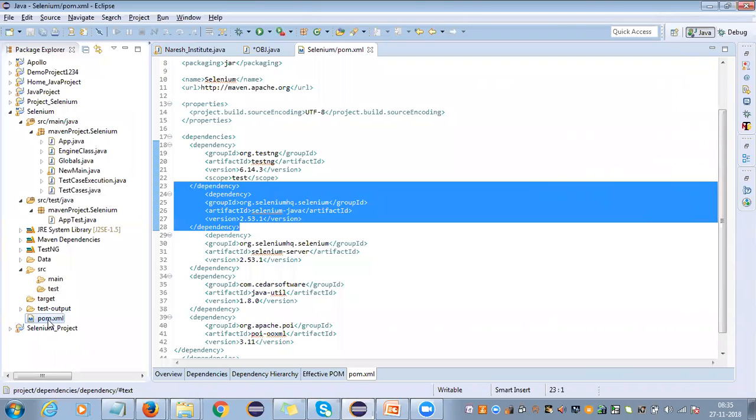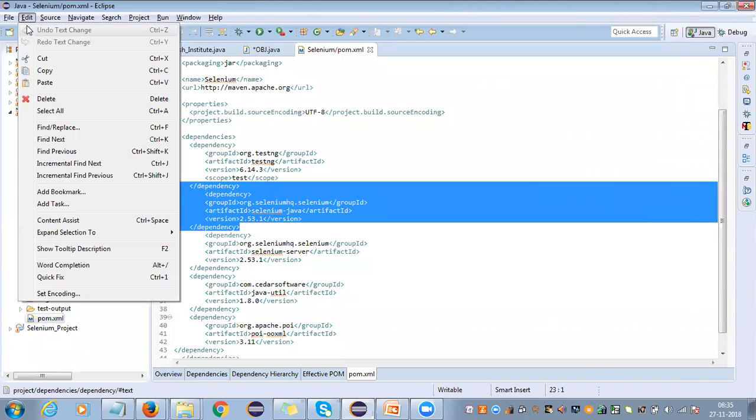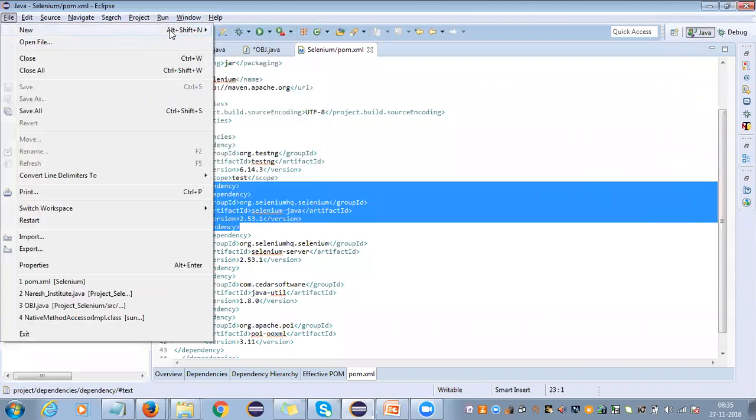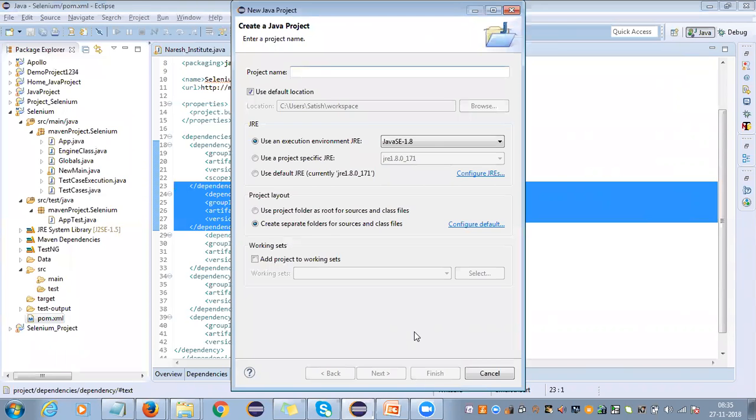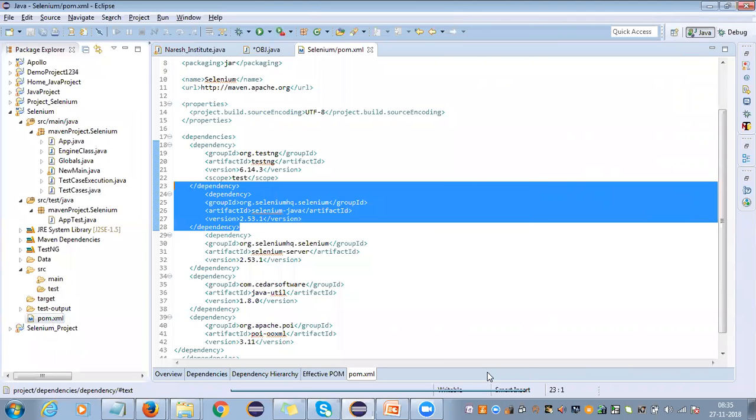Whenever you have a Maven project, in that Maven project, pom.xml is the default file. And what does default file mean? When you create a Java project, you saw that, what will be the default folder? SRC will be the default folder, correct? Yes. In the same way, if you create a Maven project,